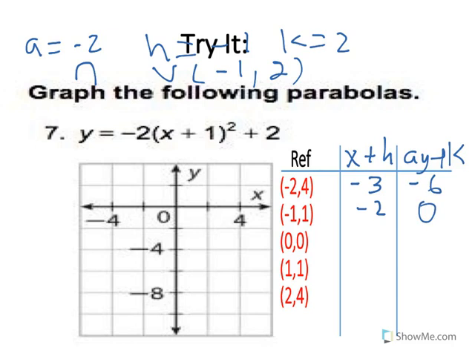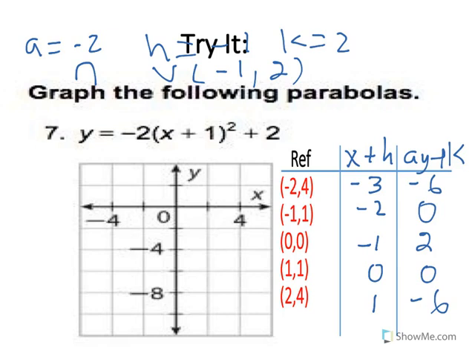And the 0, 0 will always be whatever your vertex is. Okay. So 1 minus 1 is 0, and 1 times negative 2 is negative 2, plus 2 gives us 0. And 2 minus 1 is 1. 4 times negative 2 is negative 8, plus 2 gives us negative 6. Okay, so